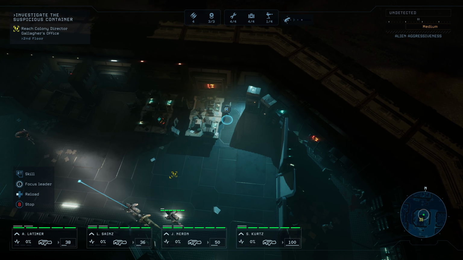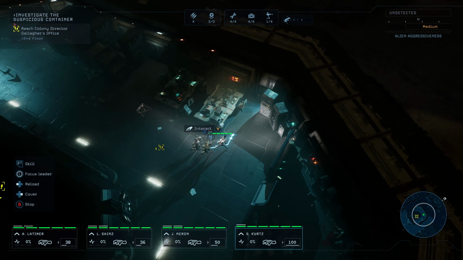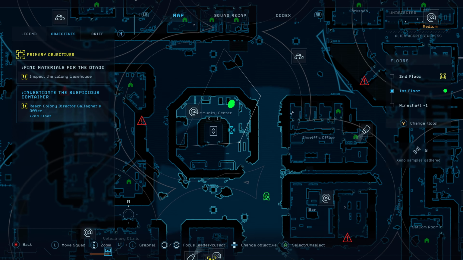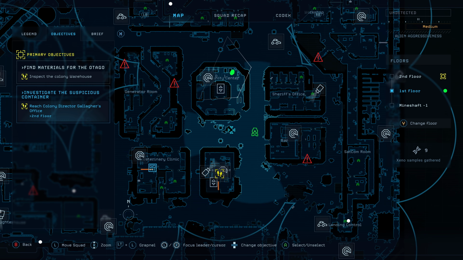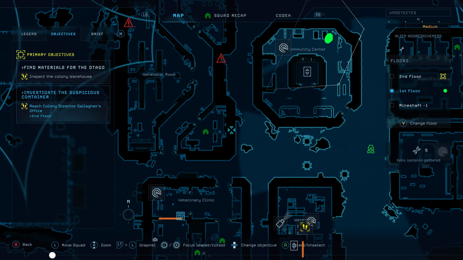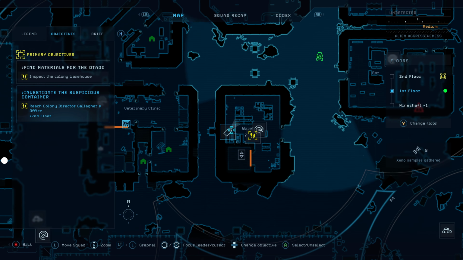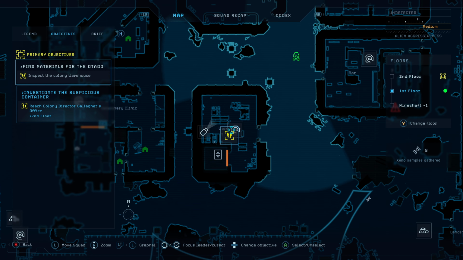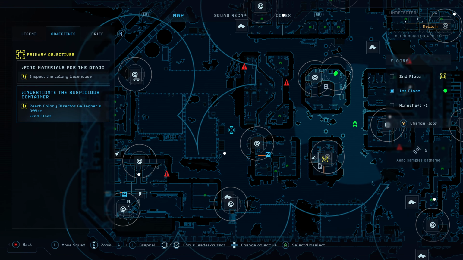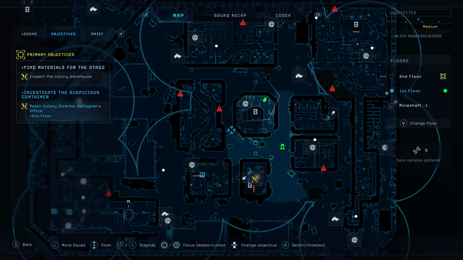Over here. I'm going to put you all in a hidey spot for a second while I try to think. No, there is something on the second floor now. Wonderful. Okay. So, yeah, I guess that's just probably directing us to the nearest elevator or something. Okay, yeah, we need to go to an office on the second floor, and we still technically need to inspect the warehouse, even though we've already searched it, so...